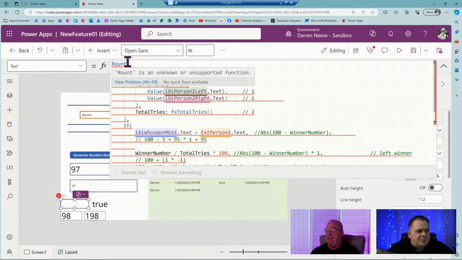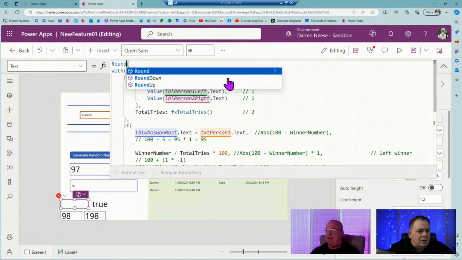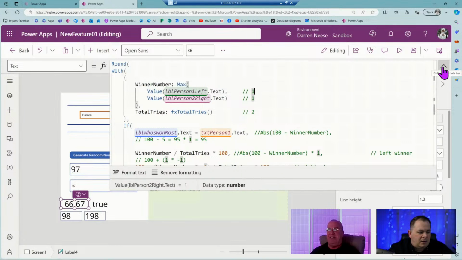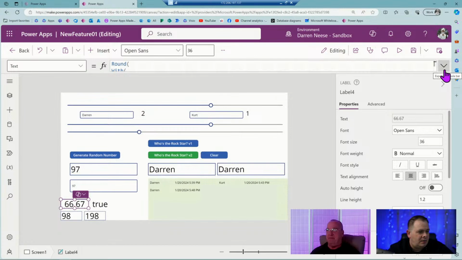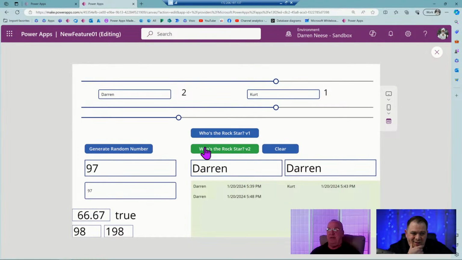It helps if you spell it right. Okay, so we got 2/3 is what's going on here. Yep, and that's fine. I think that works, man. Did we figure it out? No, let's go. No, I saw something wrong.